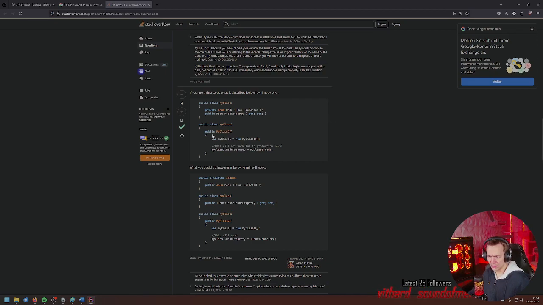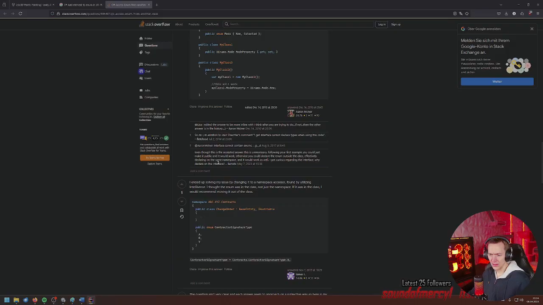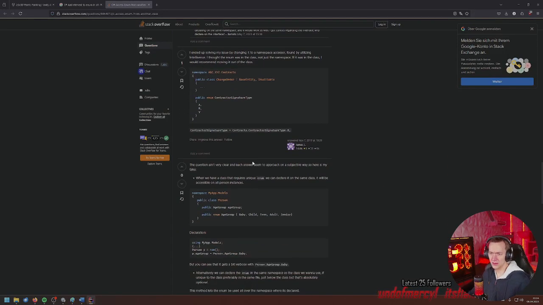I think we can define enums just in this class, but then we can only use them in the class, and we won't be able to store them into the tool type because then it won't compile.